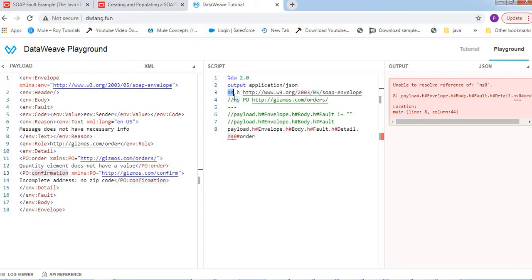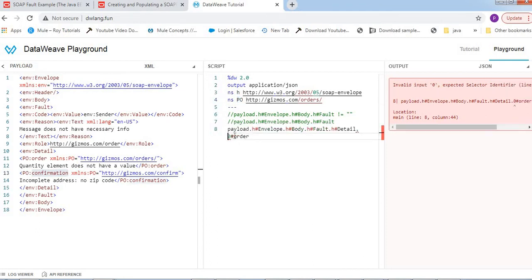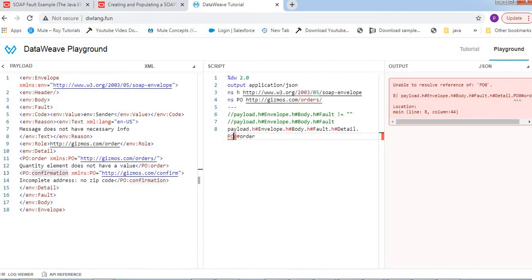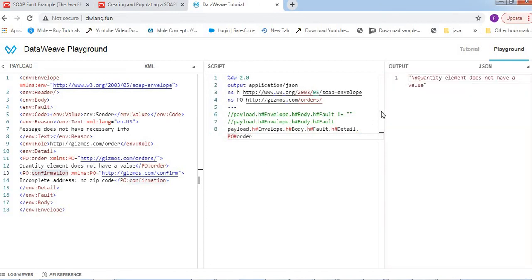So explicitly we have to specify the PO reference, and then only we can access it. Let me give the PO. Okay, I gave 0 here.